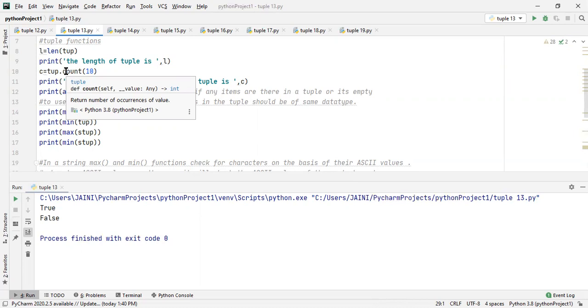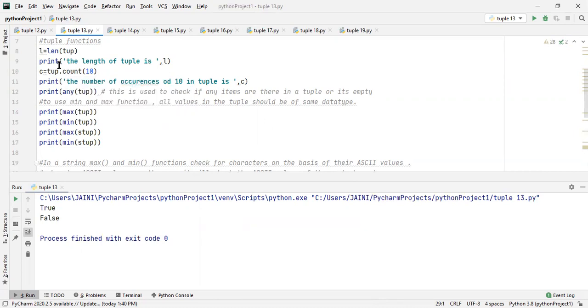All these operations require modification on a tuple, and since modification is not permitted because a tuple is immutable, we cannot use functions like extend, append, remove, or pop. Okay, but there are many inbuilt methods that we use with tuple, and the first one is length.